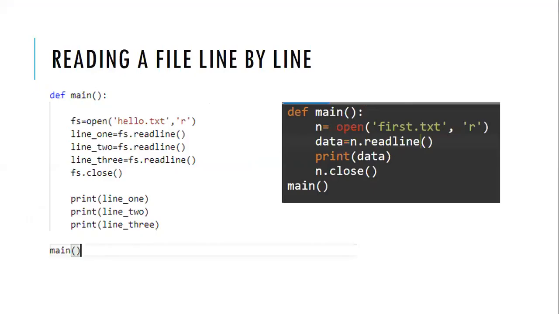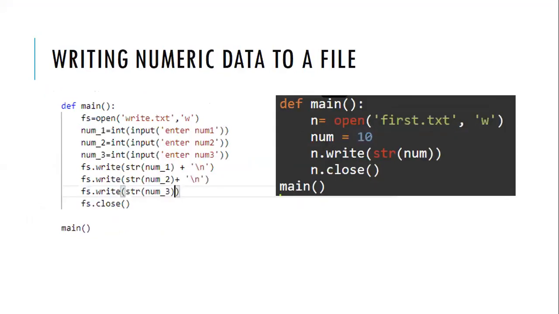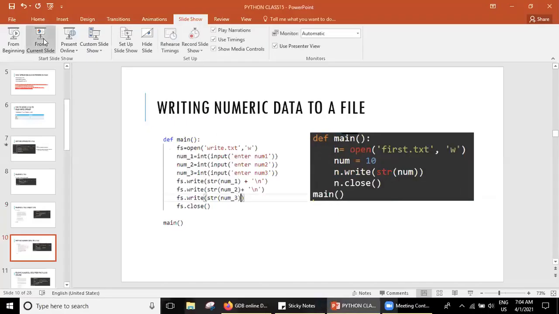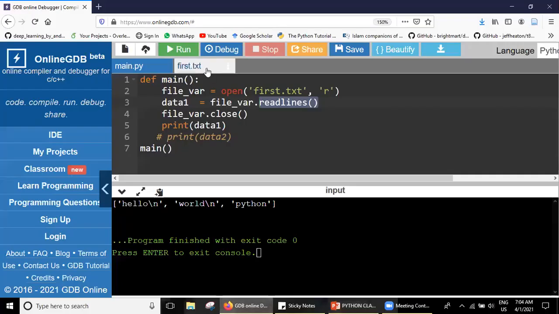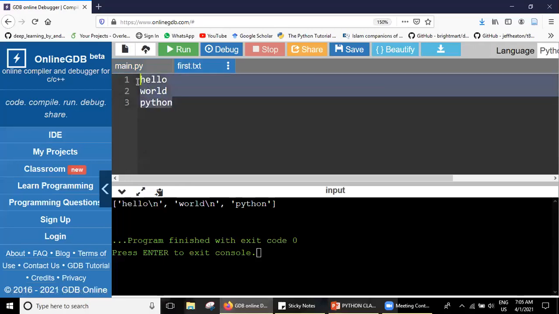So we have seen how we can read the different lines using readline, and let me show you how we can write numeric data to a file. Until now we have written only strings, because our file is a txt file.